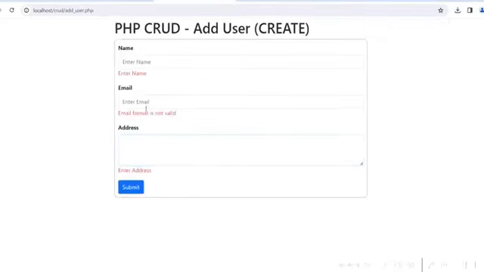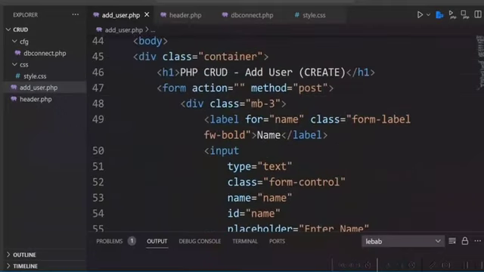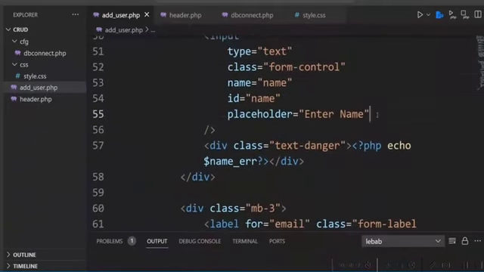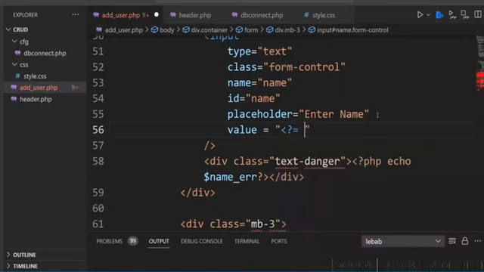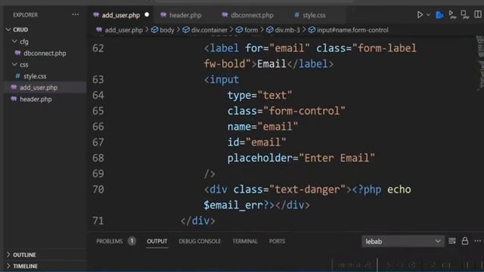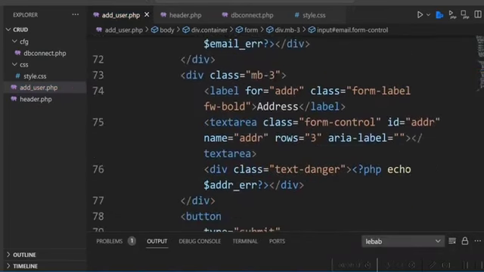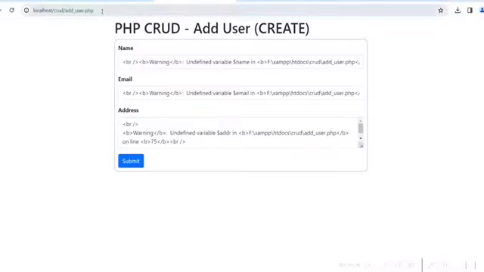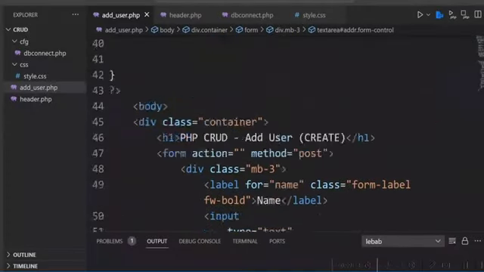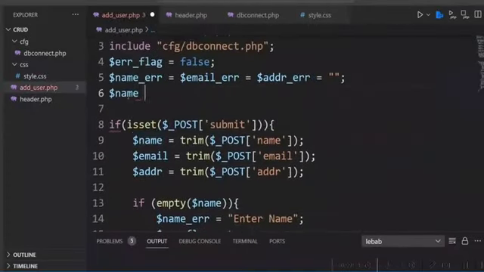Now one thing we have to do: if there is any validation error, we want to retain the value in the form. So we have to give the value attribute in the form, name, and add a value, name, and add this for email also. And for the text area also we have to do that. For the text area we are not using any value, so we just give the address. If you now refresh it, we have to initialize these variables as well. So $name, email,